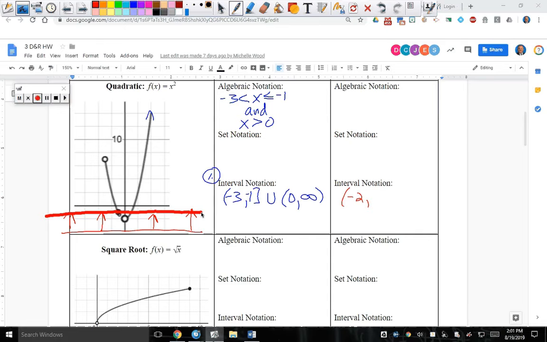You with me? This is a horizontal line. So my question to you is, does the graph exist at y equals -1? Yeah, it exists two different places. So is there a gap? Is there a break? Is there a jump? No. It will exist basically from -2